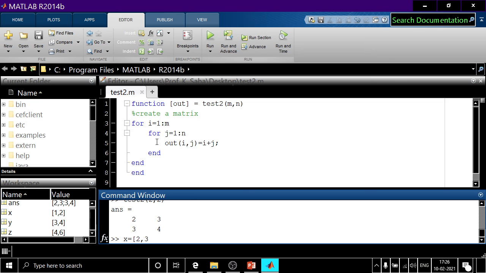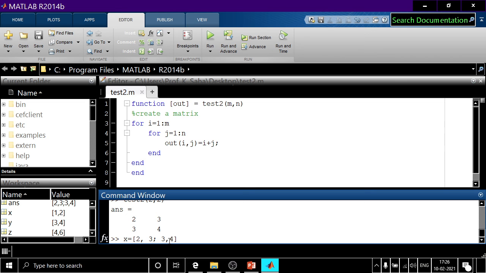Then I will terminate this row. Termination is by the semicolon. Okay. Then next row is 3 comma 4. Okay. Now this is the end of the matrix. What does it mean? You see here, 2 comma 3. This is the element of the first row.